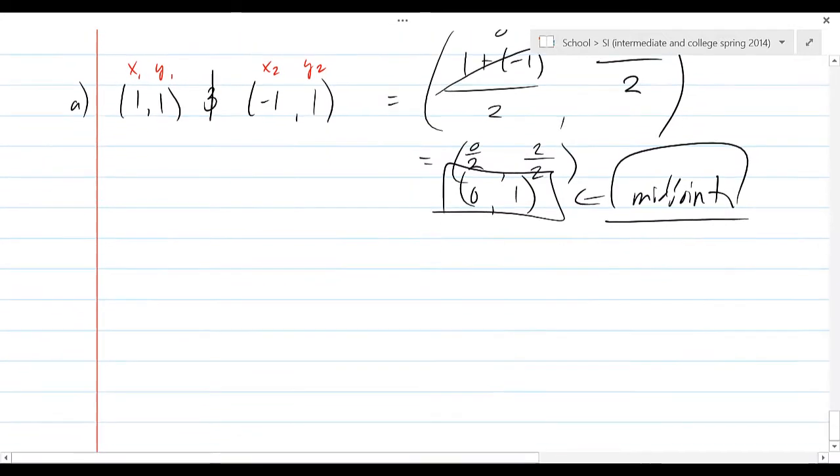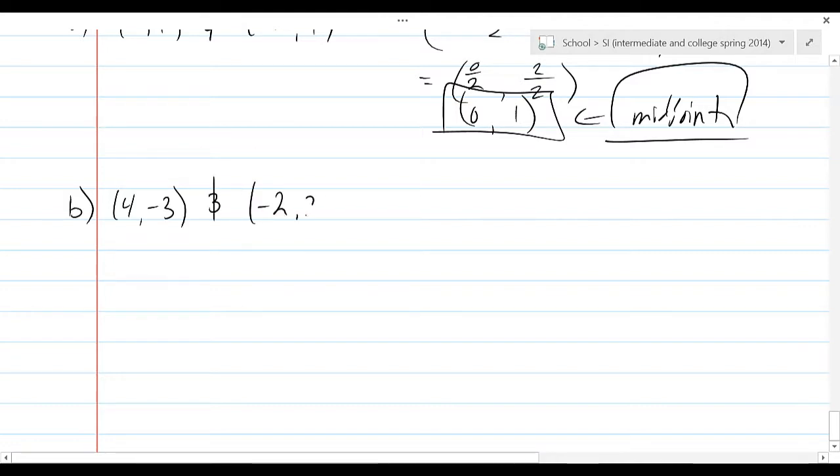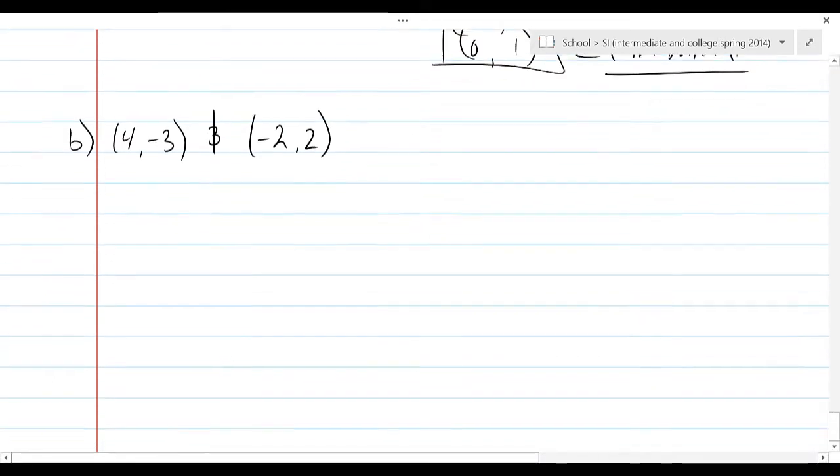Let's go ahead and try letter B. We've got 4, negative 3, and negative 2, 2. Okay, let's write, well, I'm sure everyone knows the midpoint formula, so we can just go ahead and plug it